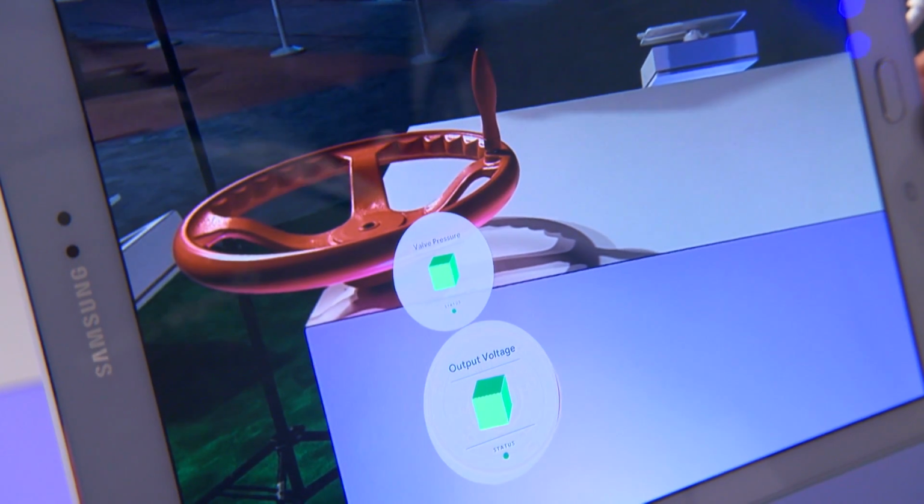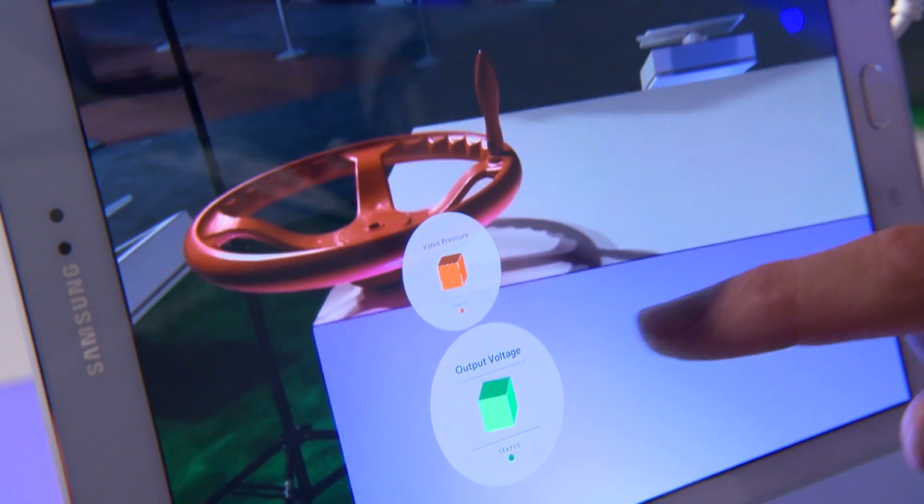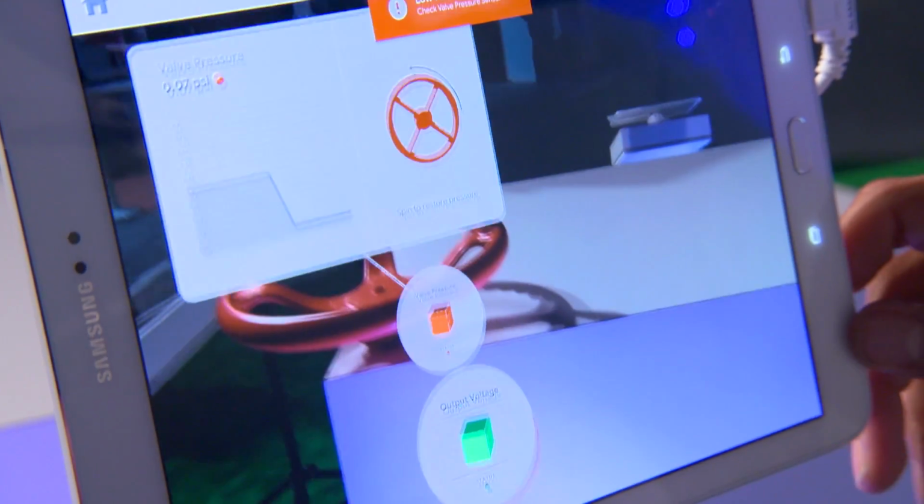And so you can see in here we have sensors, and I can trigger a fault, and you can see that that fault is directed back into IoT Core, and you can see it live real time on this display. Cool. Can you tell me a little bit about the technology that's going on behind the scenes here?